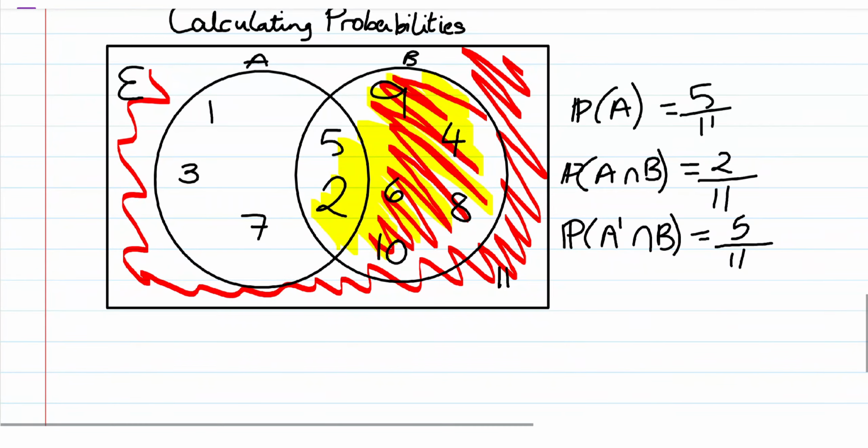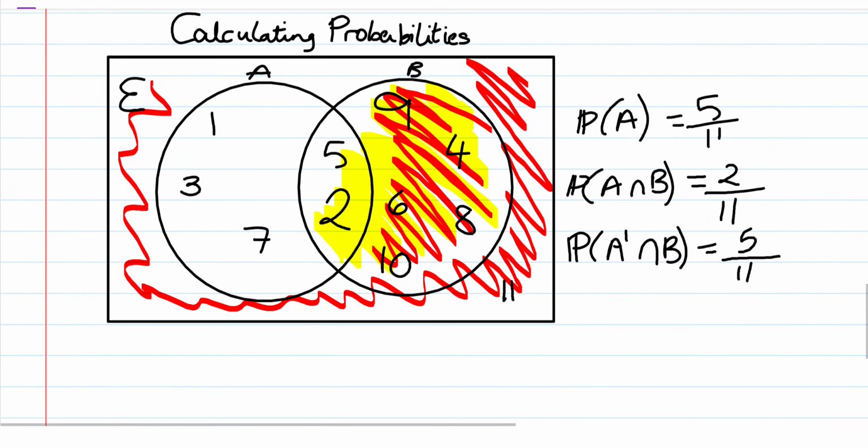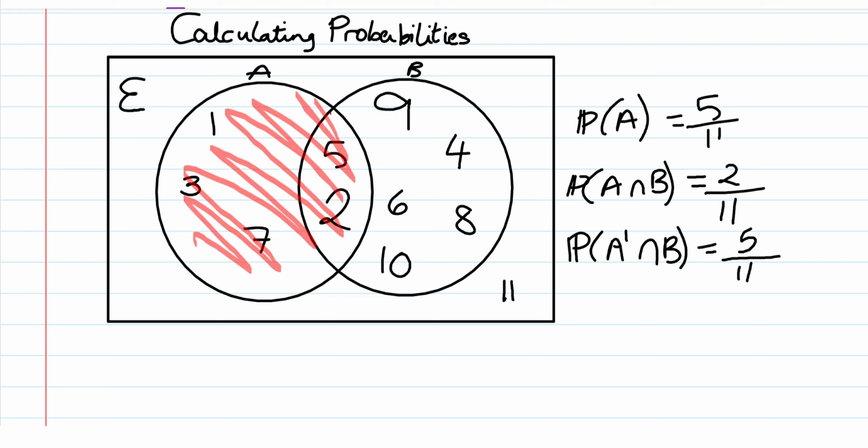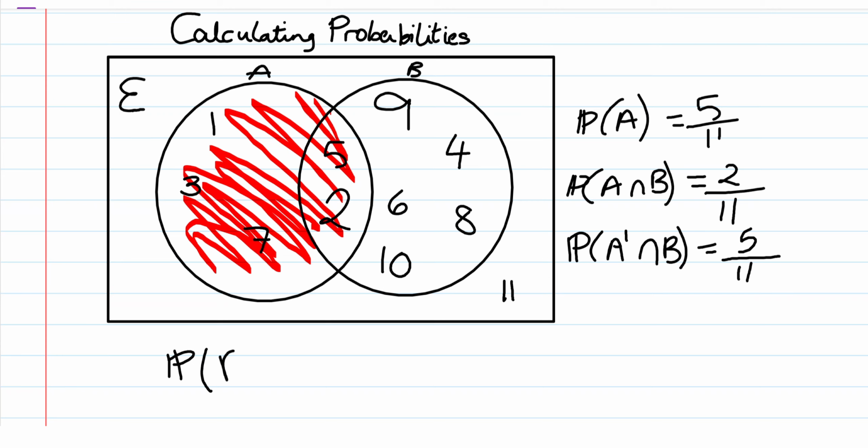Now, there's another bit called conditional probability, which is the tricky bit. Sometimes the question limits you to just one set, which we call conditional probability. For example, what is the probability of being in B given you're already in A? This means that at the start we only consider set A, which I'm going to mark in red. Rather than considering all 11 elements, we are just considering the 5 elements in A. We want the probability that we are in B given, which is this little straight line symbol here, given we are in A,